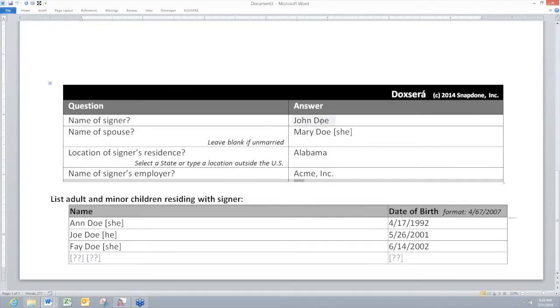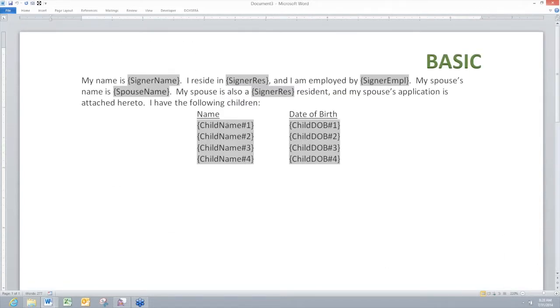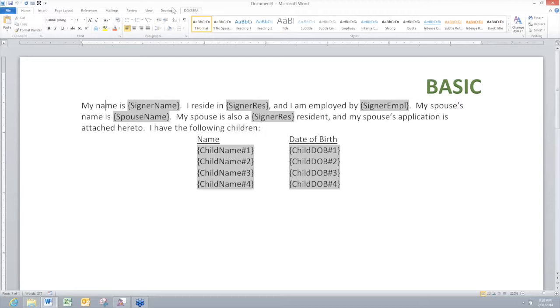This questionnaire asks for the name of a signer, the name of their spouse, the location of their residence, the name of their employer, a list of their children's names, and the birth date for each one of those children. A lot of basic information. Given that information from the questionnaire, the automated document, when executed, I'll do that now,